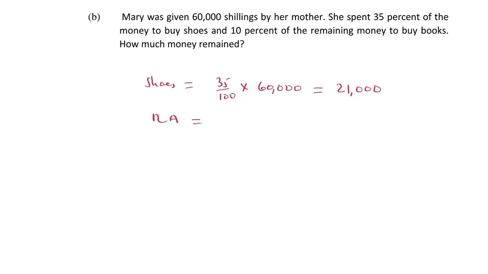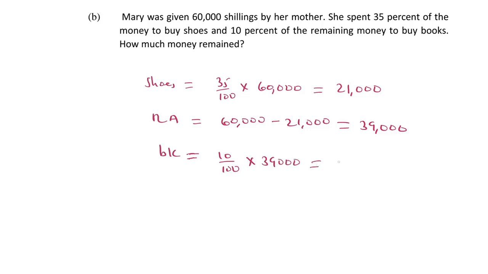Okay, so next we are going to find the remainder amount. Then we are going to take 60,000 minus 21,000, of which after solving these values, the answer is going to be 39,000. Okay, so amount spent for books equals 10% of the remainder amount. Then we are going to take 10 over 100 times 39,000, of which after solving the values, the answer is going to be